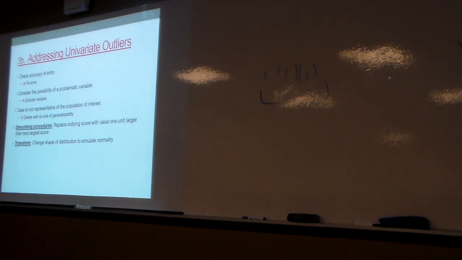So think about problematic variables. For outliers, a case not representative of the population of interest, right? If the 60-year-old engineer with his six-figure income is not a member of my population of interest, just get rid of that person. That has no impact on generalizability because I wasn't interested in 60-year-old engineers with six-figure incomes, right? They weren't part of what I was looking for. Just kick that person out. That's not a problem at all.